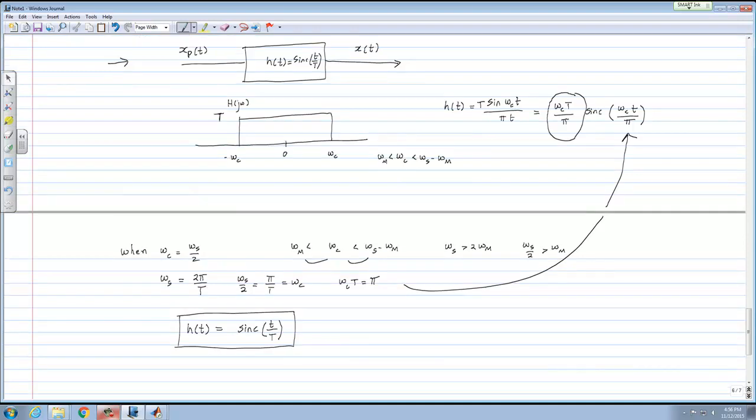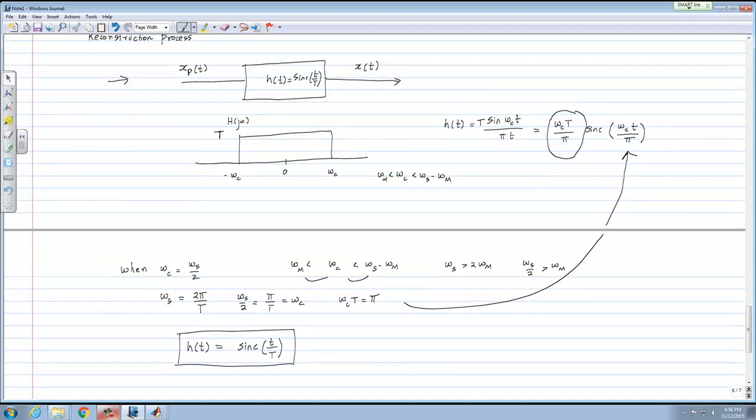So let's write this convolution. Where I am trying to go is to show you how we can understand this interpolation business from here. What has become clear so far is that to reconstruct x of t from x p of t, I need to take x p of t and run it through a filter whose impulse response is sinc of t over T. That's what we have done so far. Now I want to think about that operation a little more, and see what convolving with sinc of t over T is actually doing.